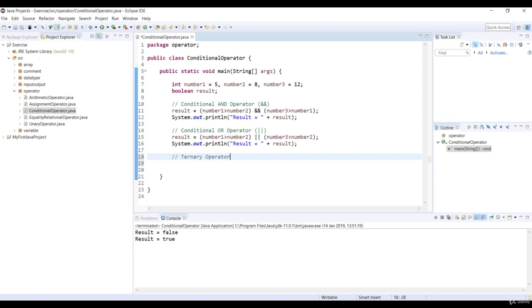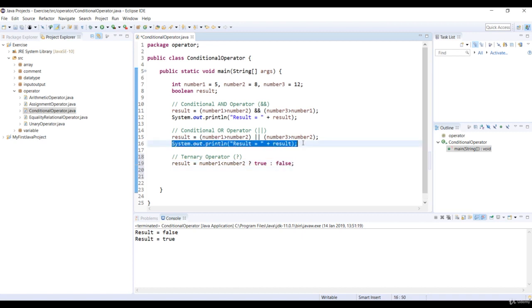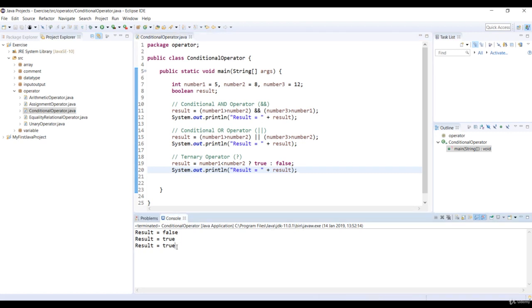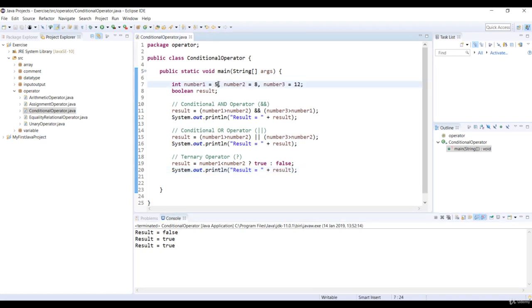So we can use the ternary operator, and we can assign the result to the variable result. If number1 is less than number2, then the result is true, else the result is false. So let's copy the print method. Okay, we can run the code. Result equals true because number1 is less than number2. All right,